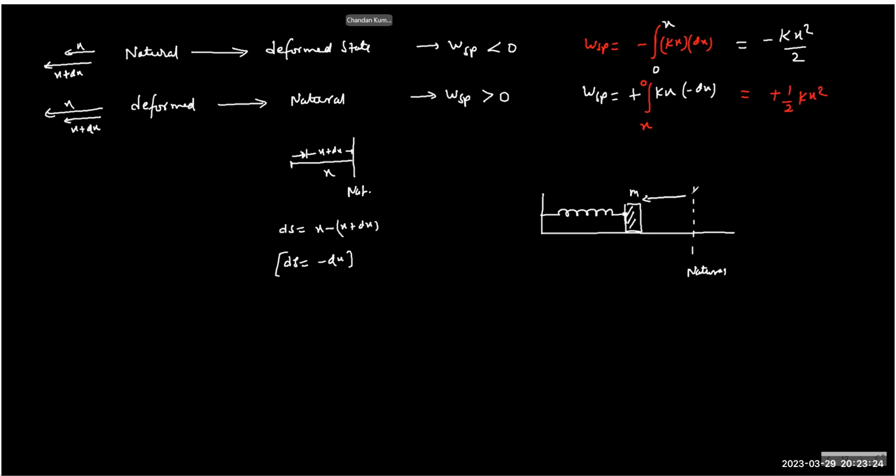You are at a distance A, and now you go here, at a distance B from the natural position. Some books will tell you, let's say you move B ahead like this. How to write the work done, sir? If this is initial, if this is final,